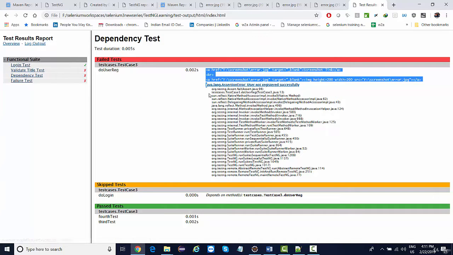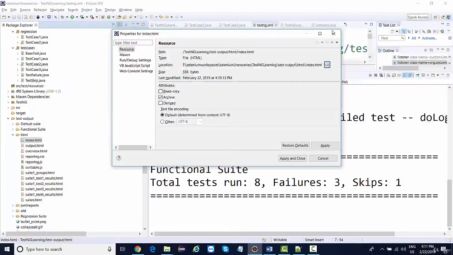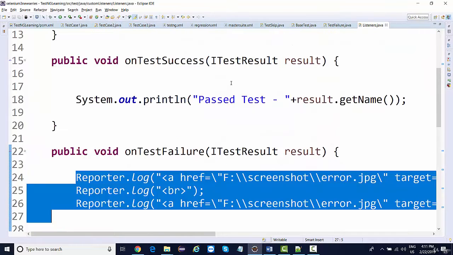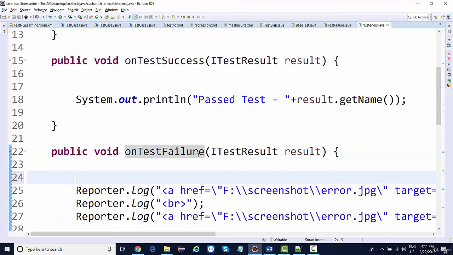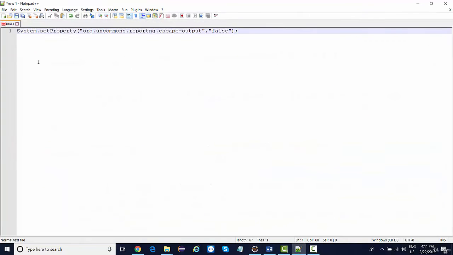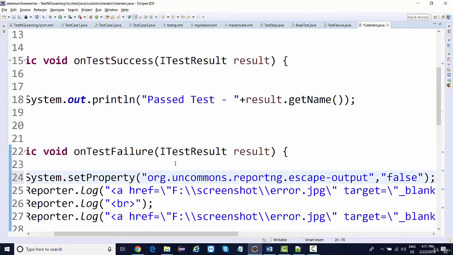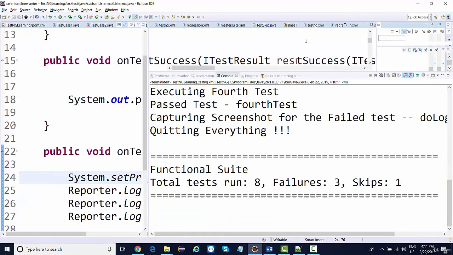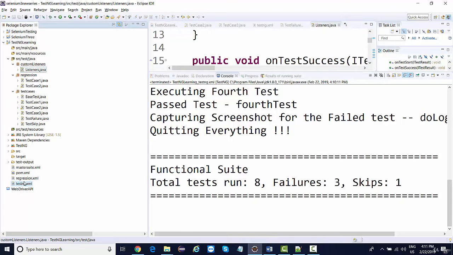Now, in order to generate the output properly, there is a flag that you need to add wherever you are writing this HTML code. So in your listener class, just before this, I need to add System.setProperty with org.uncommons.reportng.escape-output set to false. This is what you need. This is a requirement provided by ReportNG itself. In order to see the HTML output in this report, you need to add this. That's it. If you add it over here, and run this code again